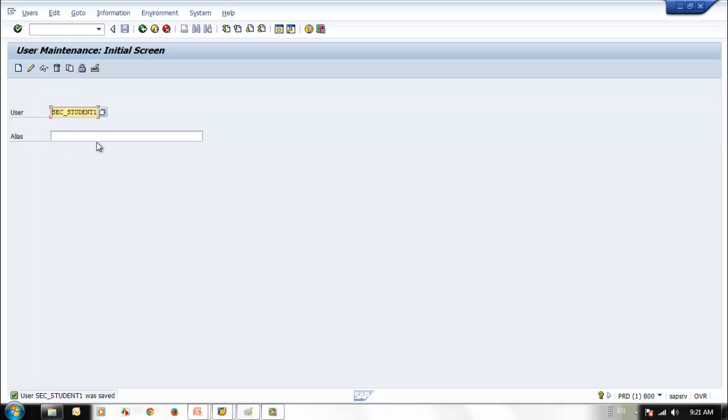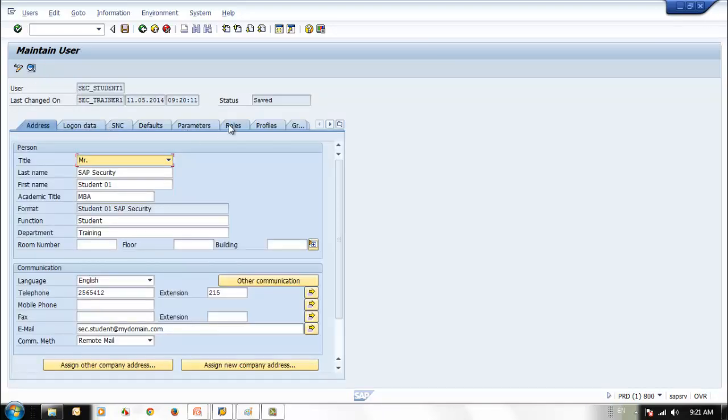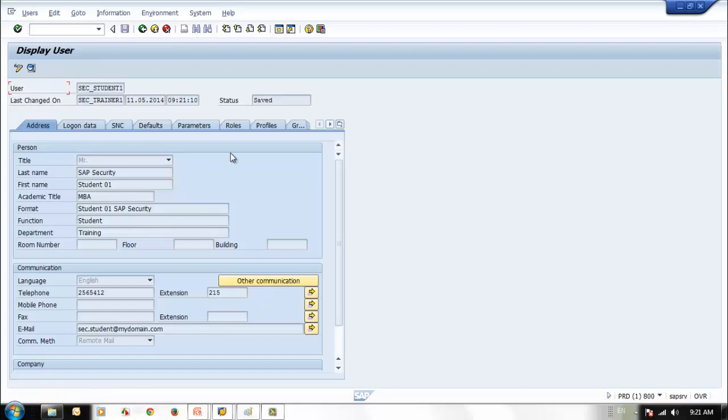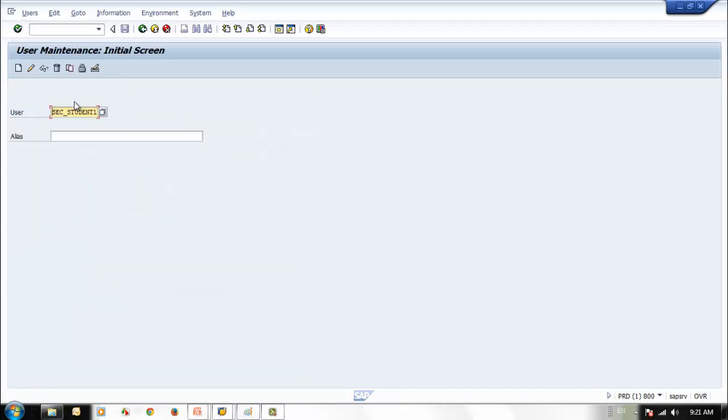Now if you wanted to change anything in the user master, then you go to the change option, then you can do the specific changes, whatever you like to do. And we have a couple of other things. This is for display, only for display. You can go and display like this. And if you want to delete, you simply click delete. Next one is copy user. For example, as I said, if you create a reference user, you can use this to copy the reference user